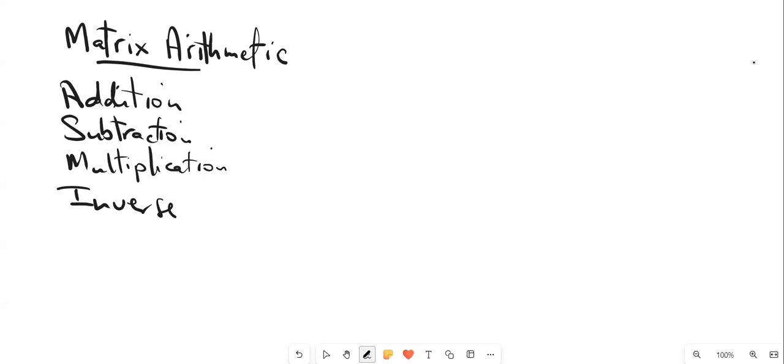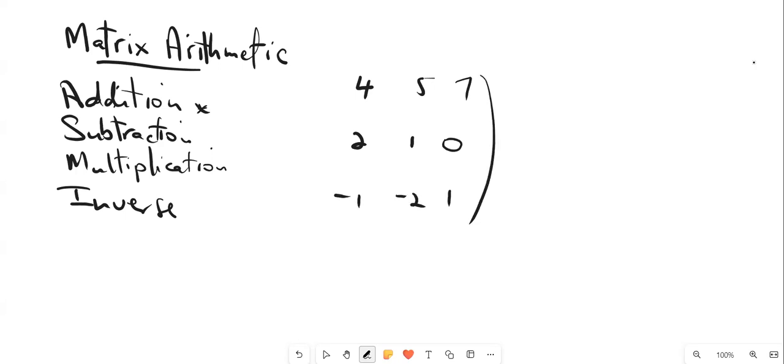Okay. So let's start with some basic addition. I'll just do one example because it's very simple. Let's say you're adding, let's just make a matrix up, 2, 1, 0. Okay, adding that to